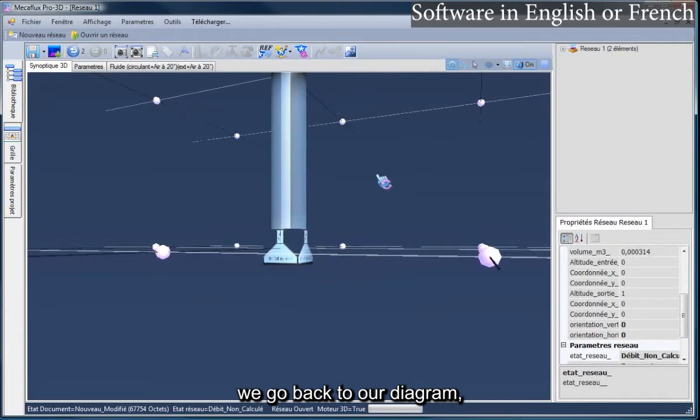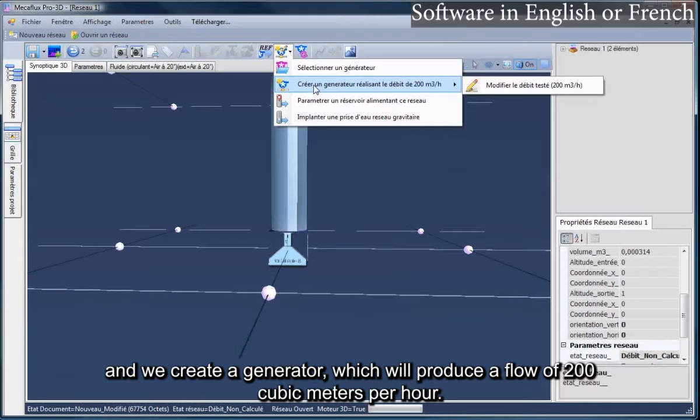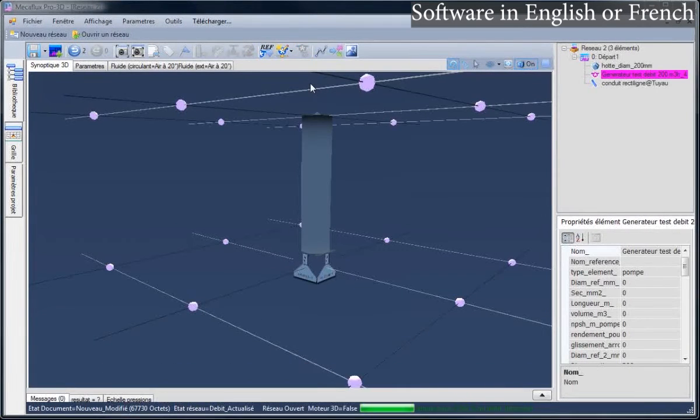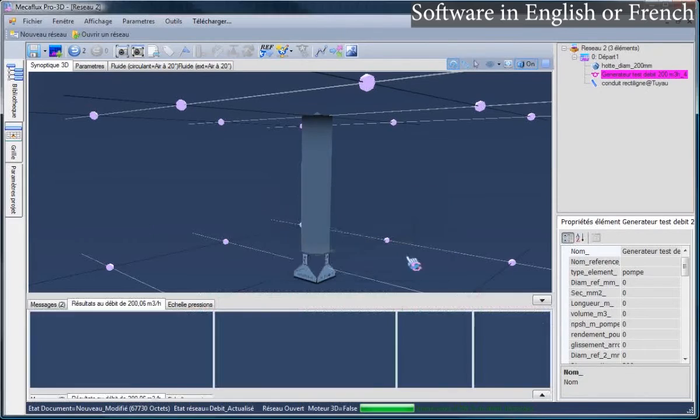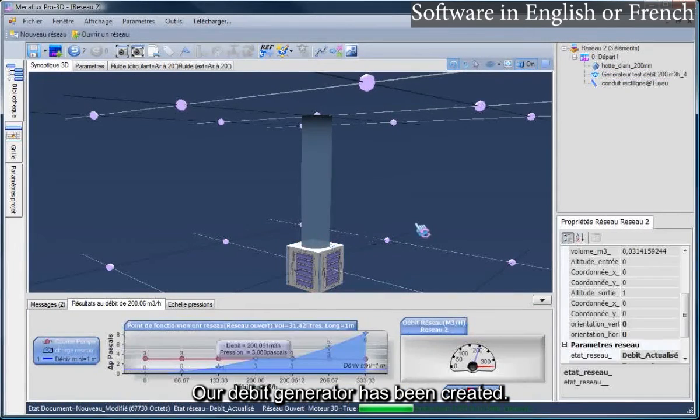We go back to our diagram, and we create a generator, which will produce a flow of 200 cubic meters per hour. Our flow generator has been created.